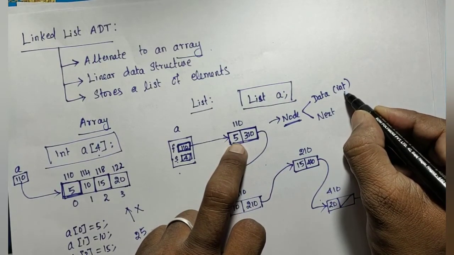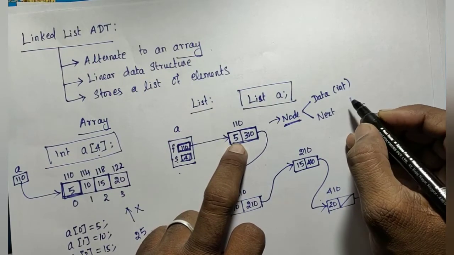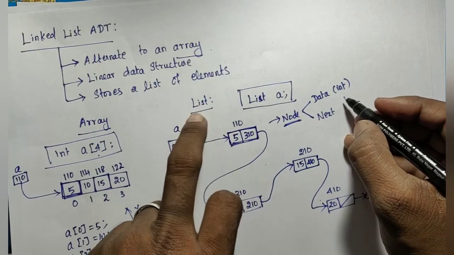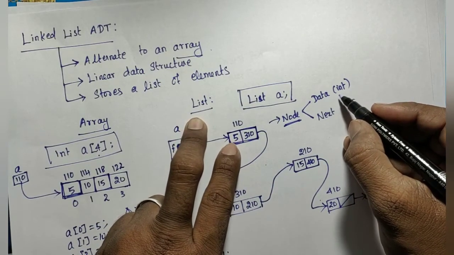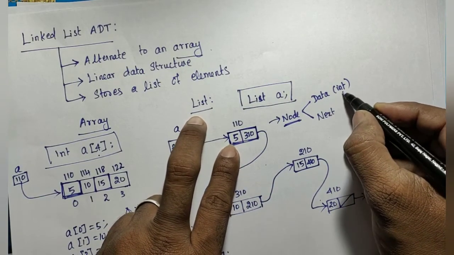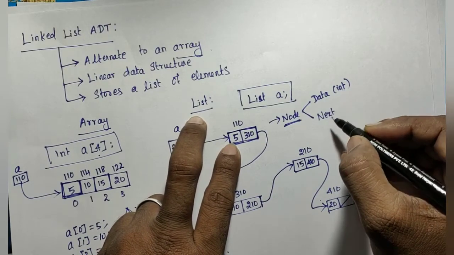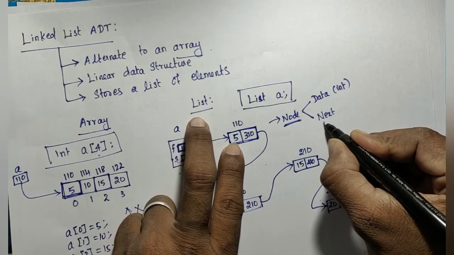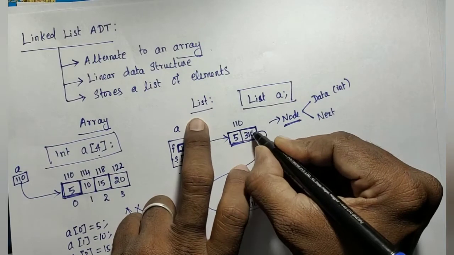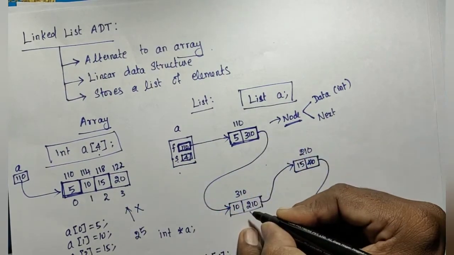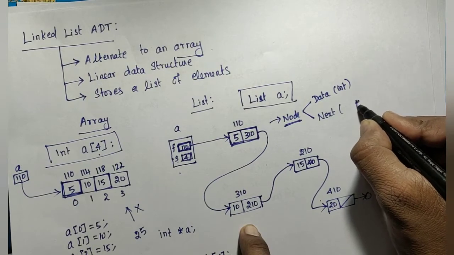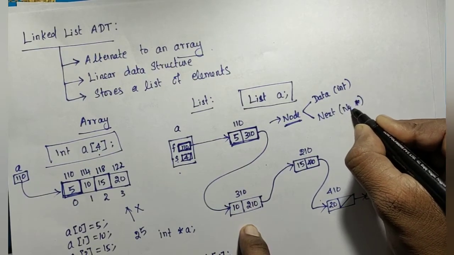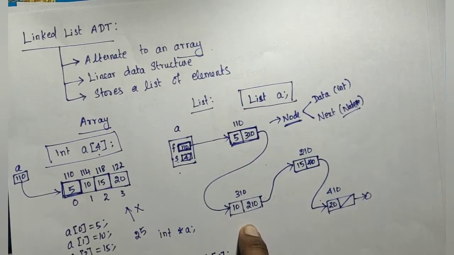If you want to create the list for integers, it depends on the data type, for which type you are going to create the list. If you want to create the list for storing integers alone, the data type should be int. And what should be the type of the next? It is an address of another node, also a node, so it should be a pointer. What type? Node, correct?